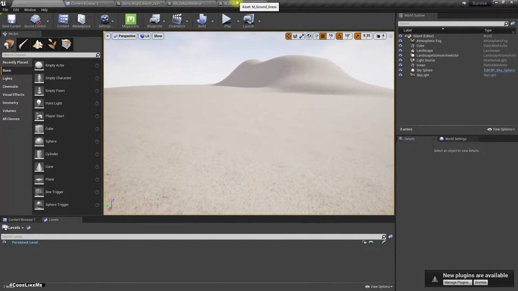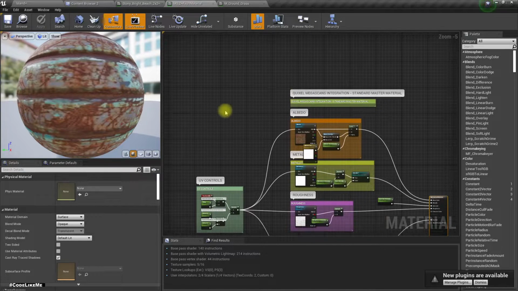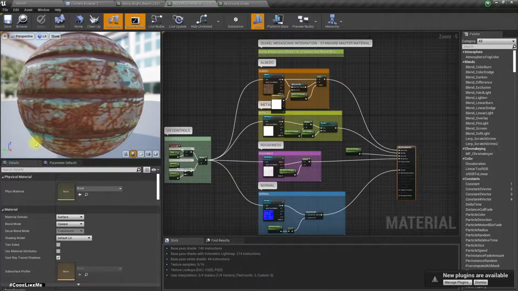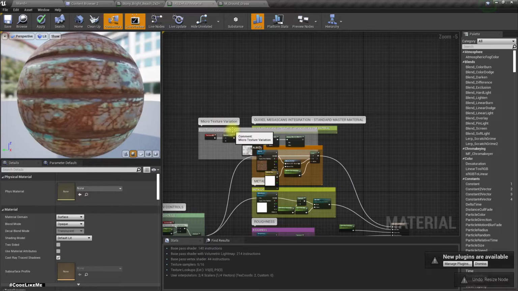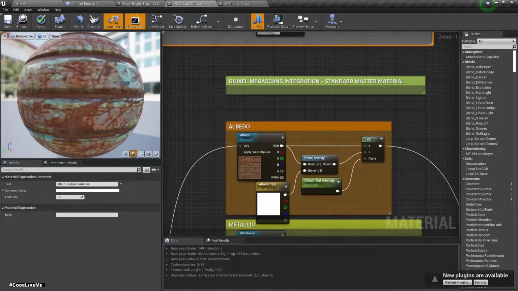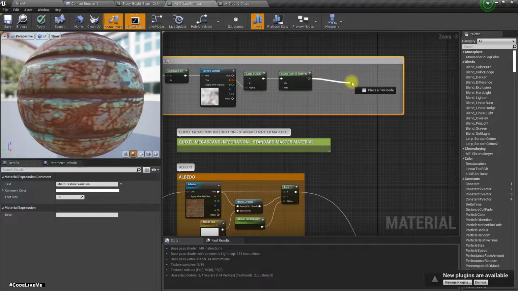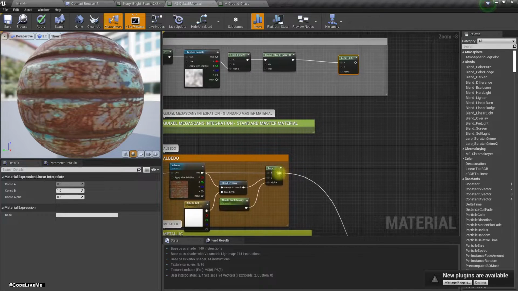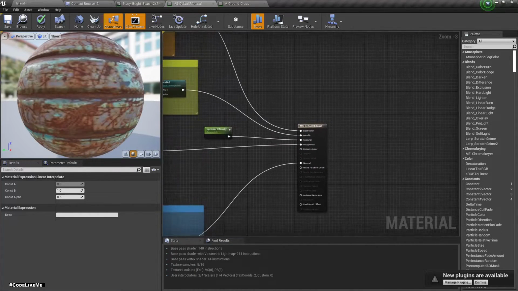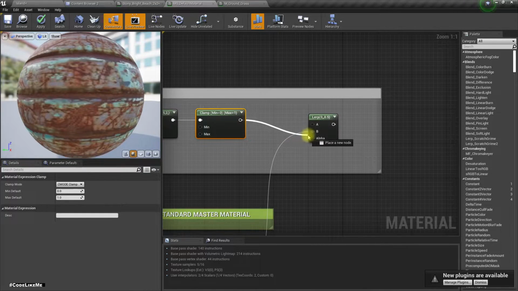for this, to get rid of this tiling effect, let's copy this, and this is the default material of the Megascans set. Let's paste that part here, and then let's have another lerp node here with the output of this one. This is the main base color. This should go for the alpha,